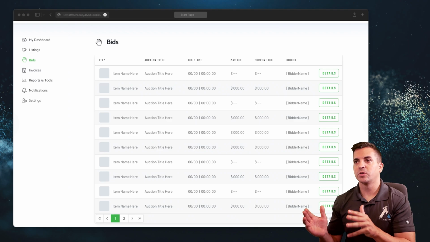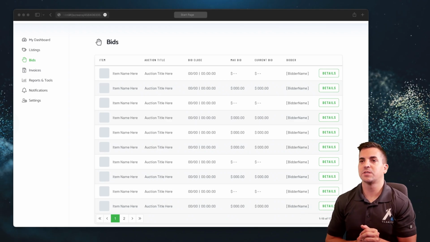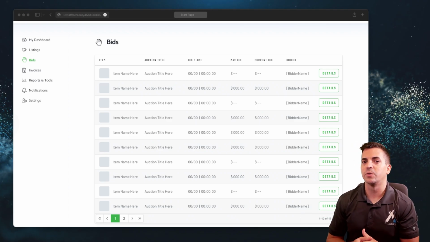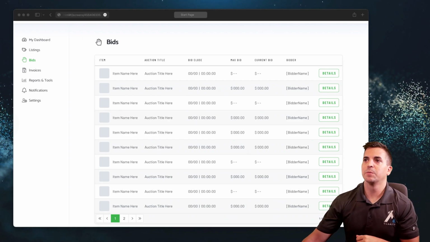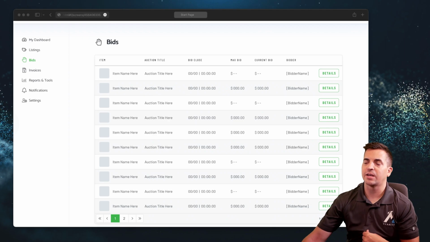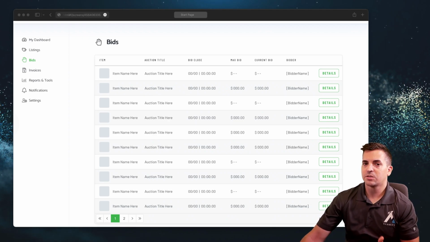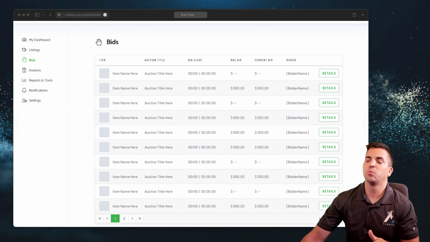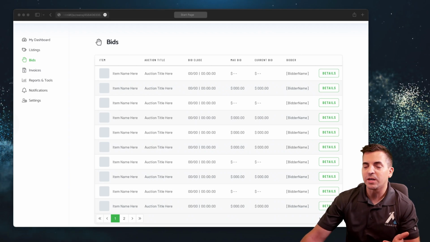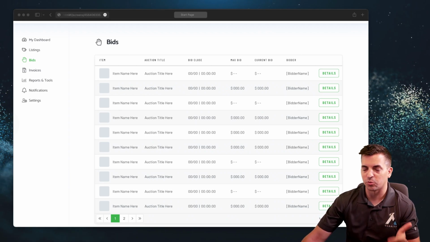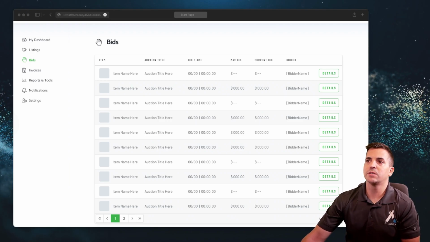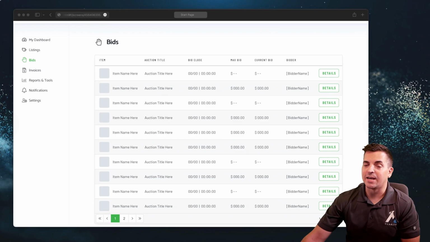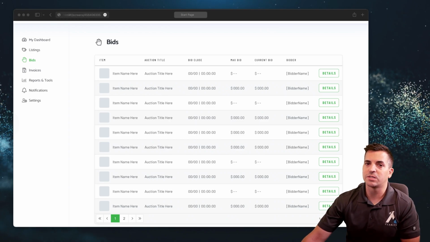And then whenever we're looking at the actual seller side of things, they should be able to go in and see what the bids were on a particular auction and be able to see different details as it pertains to your business, so that we can see information around what the auction was, what the item was, if there's a group of items within an auction, what the bid close was, possibly a date and time, and nuance around that,